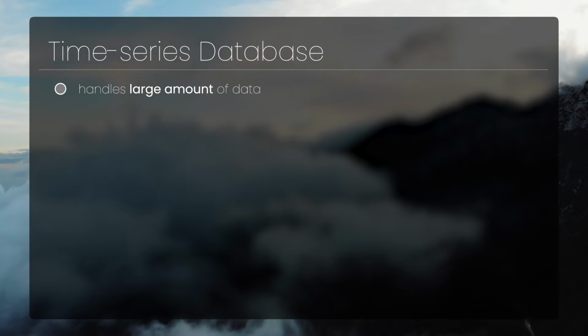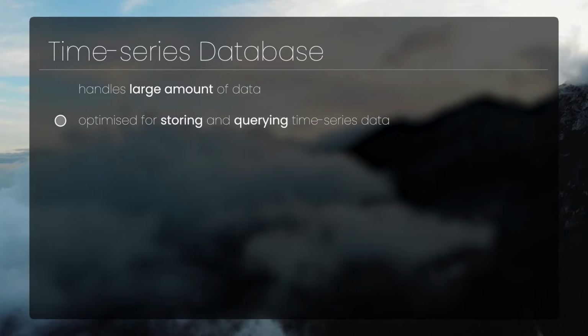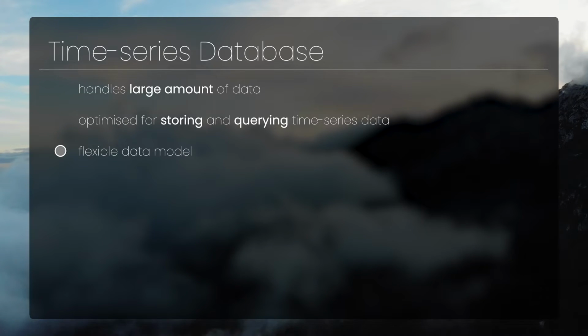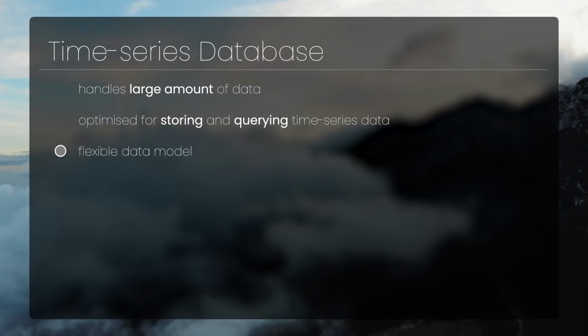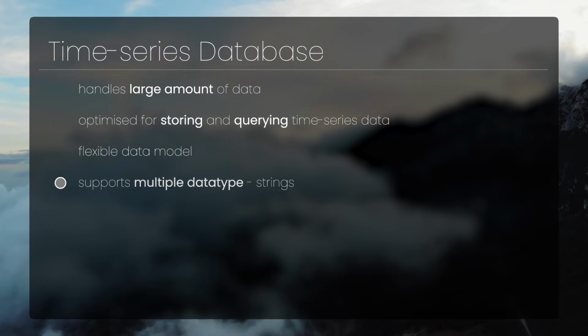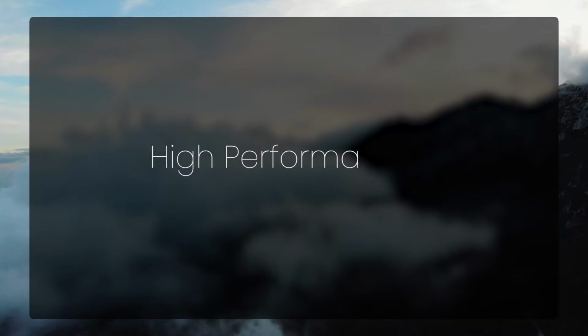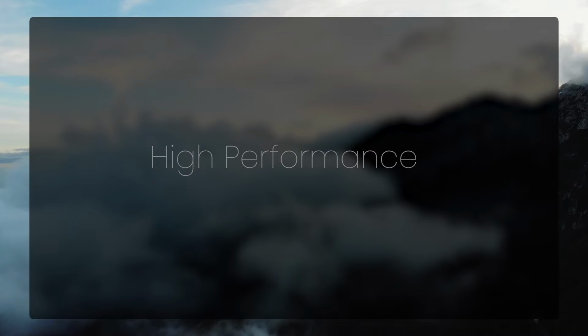Some specific reasons why InfluxDB is popular is because it is optimized for storing and querying time series data, and it has a flexible data model that allows you to store data with different fields, and it also supports multiple data types such as integers, floats, strings, and booleans. It is also popular because of its high performance. It can handle millions of data points per second,